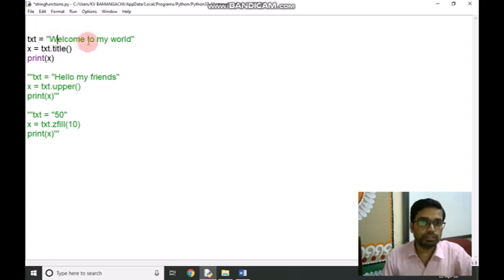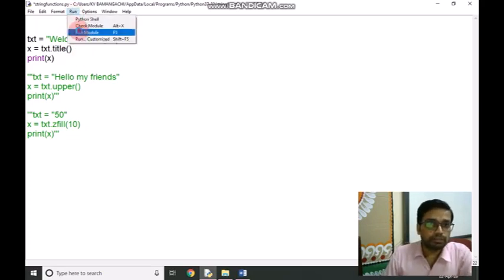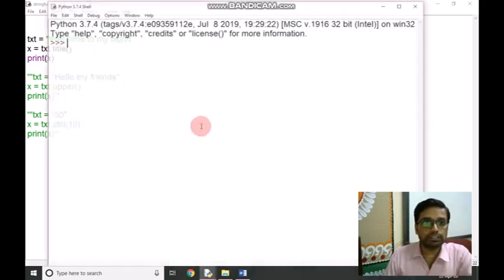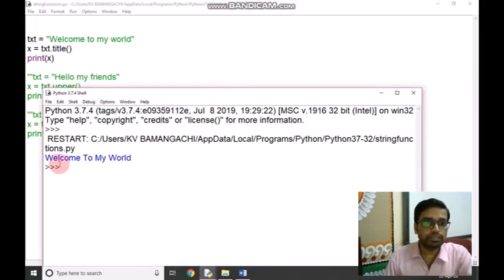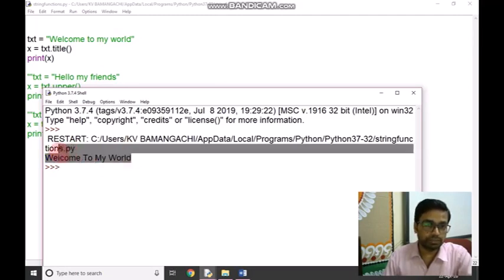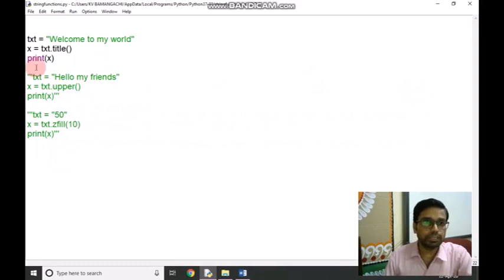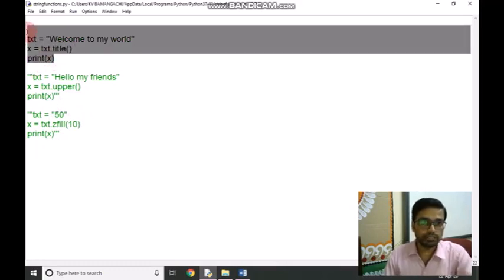W is in capital, and the first letters of the other words are in small letters. If we run this program, we will find it in title form: Welcome, W is already in capital letter, To My World. All the small first letters of the words will be in capital letters. So title will convert all the string or lines into title form.